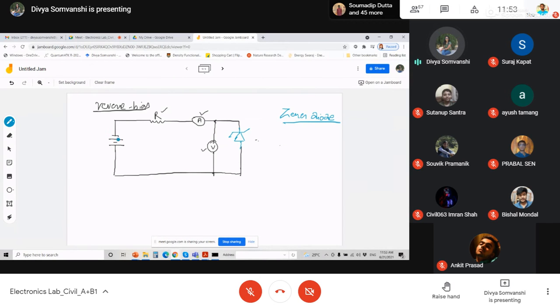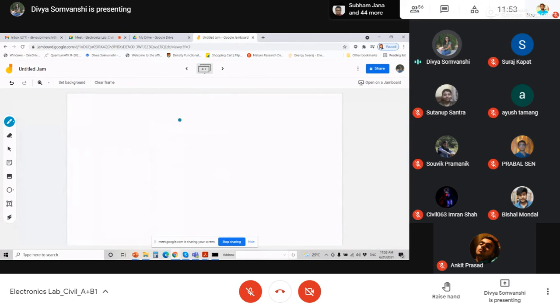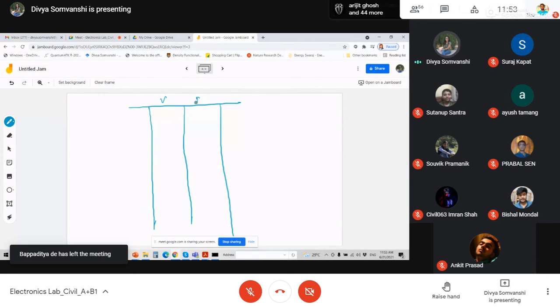Now from the power supply we will give the voltage, and across the Zener diode we will measure the voltage and the current. So this is our objective. Based on our objective, we have some plot, some graph, some data. What is our data? If you see, our data should be VI, right? The values are coming.